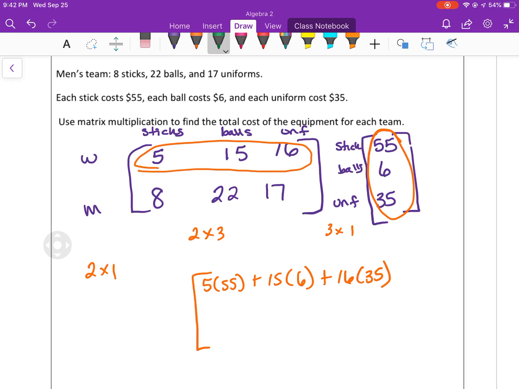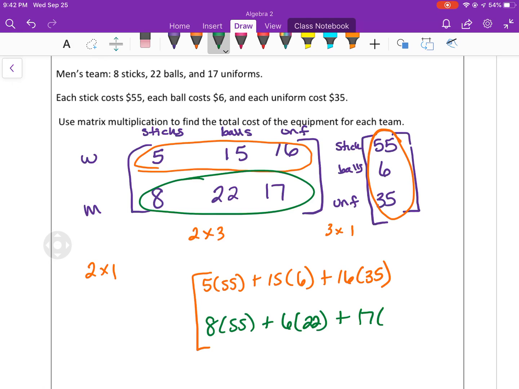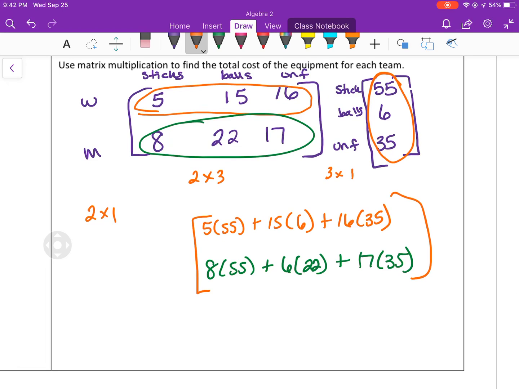And then for the men's, it would be this times the row. So 8 times 55 plus 6 times 22, or 22 times 6, plus 17 times 35. And then finishing off the math here, so 5 times 55 plus 15 times 6 plus 16 times 35, I'm going to get 925. And then for the men's equipment, 8 times 55 plus 6 times 22 plus 17 times 35, I'm going to get